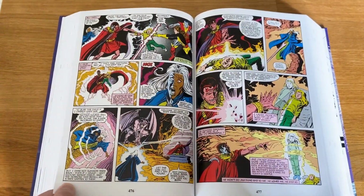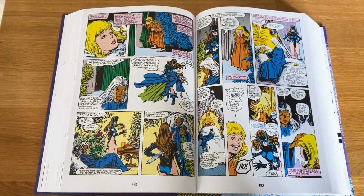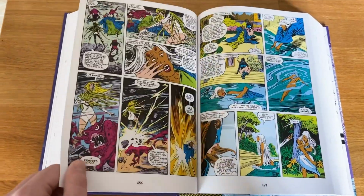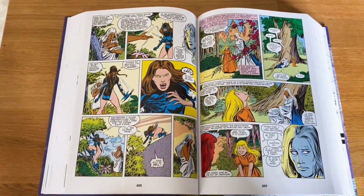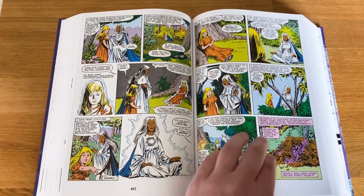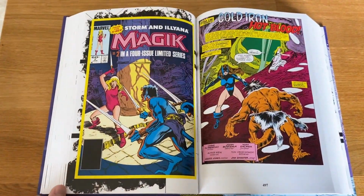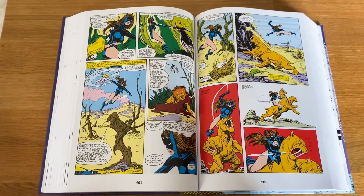Right now, we are flipping through one of my favorite comic book series of all time, the Storm and Illyana Magik miniseries. It is so metal, it is so well written, it is so poignant, it deals with so much trauma, the loss of innocence, all that. I did a comic book analysis video on this one too, if you want to hear my thoughts in depth, but really it is so good and I recommend it as a must